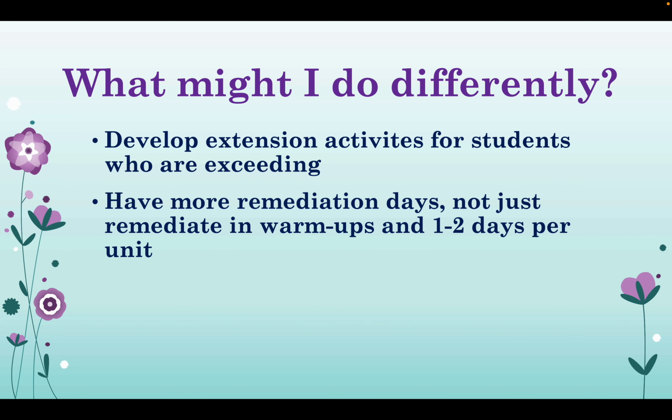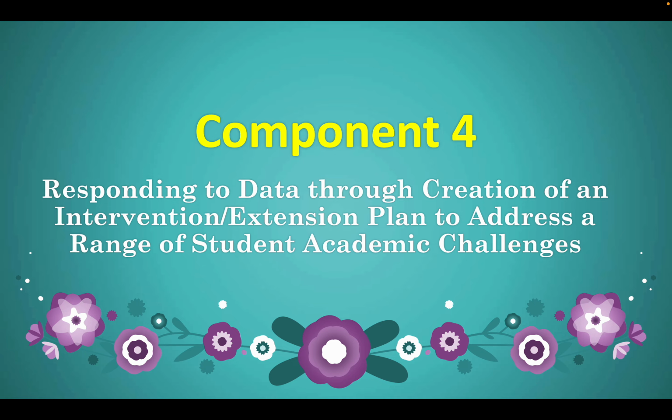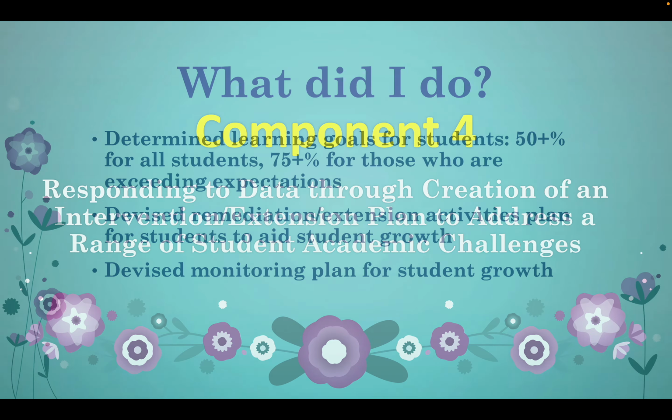Talked about what I learned, and this one really stuck out to me: I don't have enough extension activities for my gifted, not just my gifted, because there's a couple of really bright on-level students, but I need to work on extension activities as well. I don't have enough of those. I have plenty of remediation, but not a lot in extension. So that's something that I need to work on. Bringing it all together.